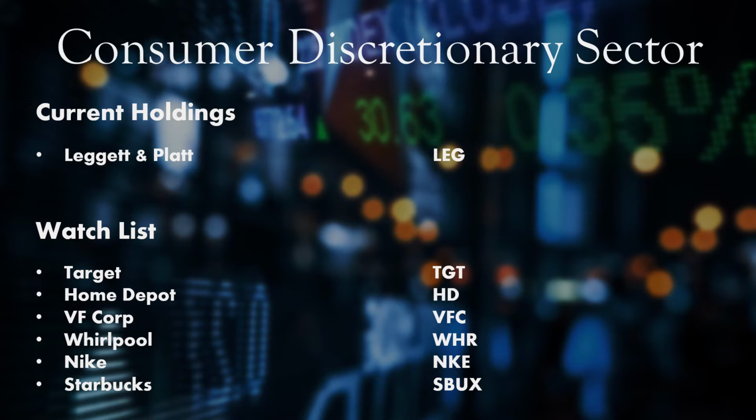Some of the stocks that are on my watch list: Target, and it's actually not too overvalued. I think it's like an 18 PE. It is making nice profits. Maybe after the holidays it settles down and comes down a little bit, it'd be a good buying opportunity there. Home Depot, VF Corp, they make your North Face jackets and that sort of thing, so they're an apparel company, ticker VFC. Home Depot is ticker HD. Target, ticker TGT. Whirlpool, ticker WHR, is another one on my watch list.